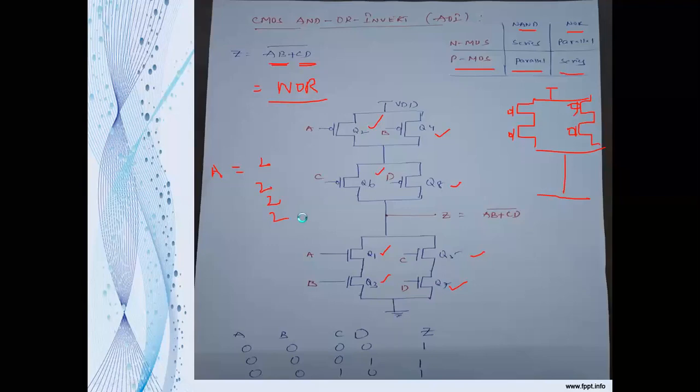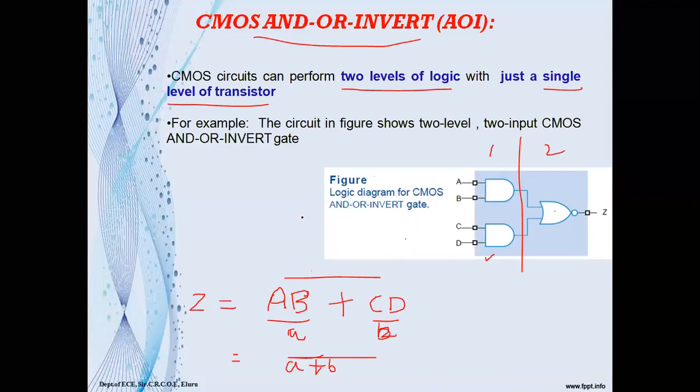But it is not the case in the traditional way. In the traditional way, we will take an extra gate. The extra gate increases the extra transistors per gate. Why? Because this gate itself has transistors. So now the overall number of transistors is increased. So that is the advantage of this CMOS AND-OR-invert.